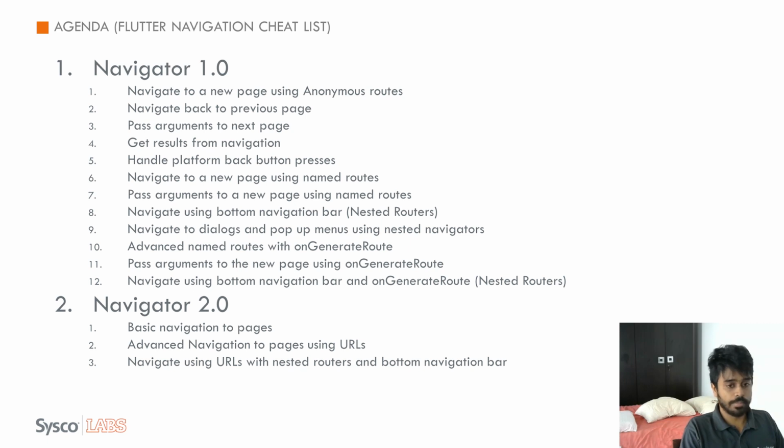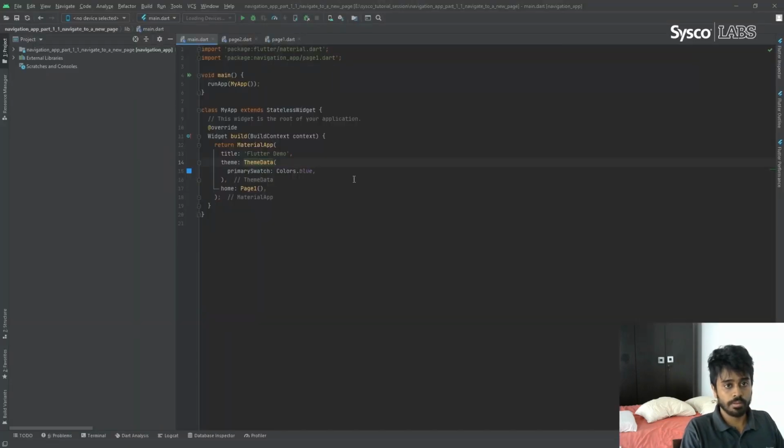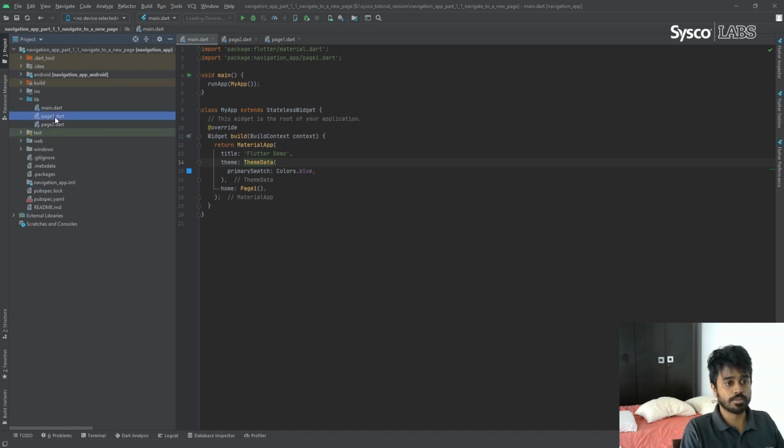Let's get into our example application. Here I have created the example application with three files. We have the main file, page 1 and page 2, and I'll be using Chrome web browser to run this application and show you as a web application. But you can use any other platform as well, since Flutter supports all these other platforms like iOS, Windows, then Mac OS or Linux. So you can use any other platform, but in this session I'll be using Chrome.